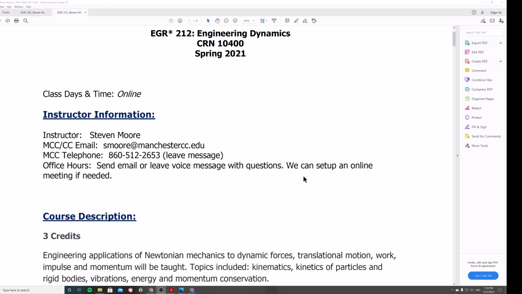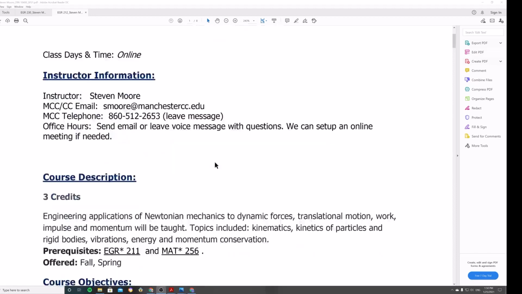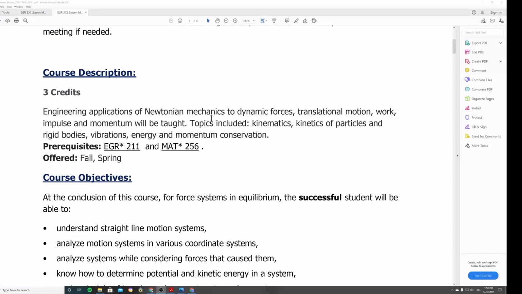And if we need to, we can always set up something online, okay? If we need to set up some work session or something like that, okay? So here's just the course description,